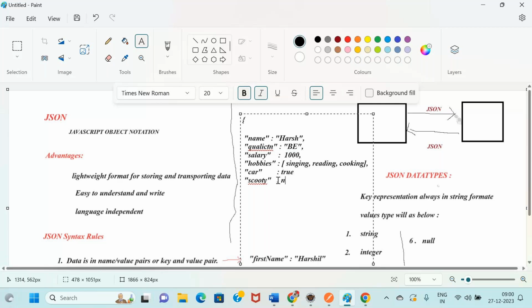So here, comma separated, here, close it. Okay, so this is how the representation is.